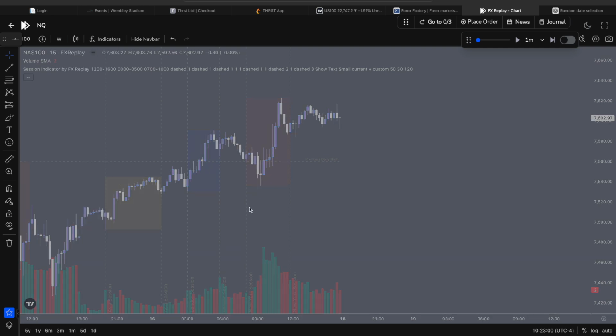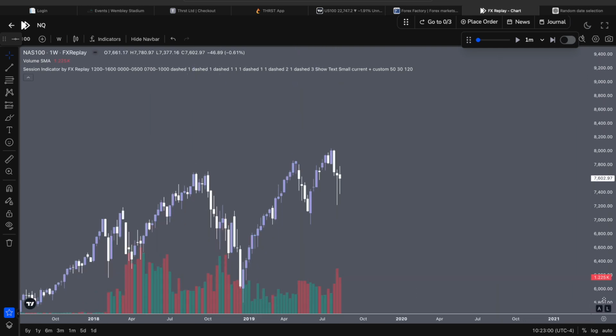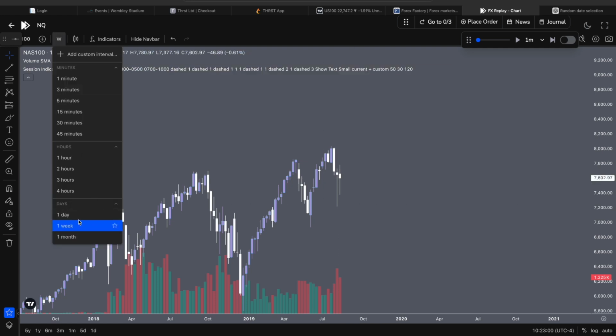Let's analyze the weekly time frame. Okay, so we're currently bullish on the weekly time frame. Current price action is bearish. We just came here, we went to this fair value gap and are retracing. Let's go to the daily